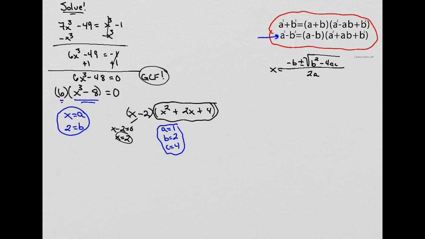So my x is going to end up equaling negative 2 plus or minus the square root of 2 squared minus 4 times 1 times 4, and then that whole thing is going to be over 2 times 1. Now I start simplifying. I'm going to simplify all of the things under the radical first. This will be x is equal to